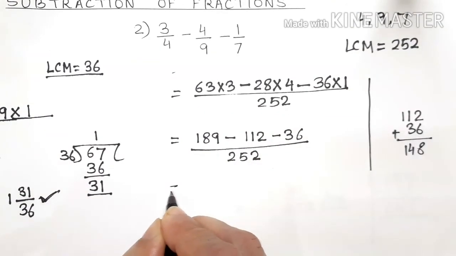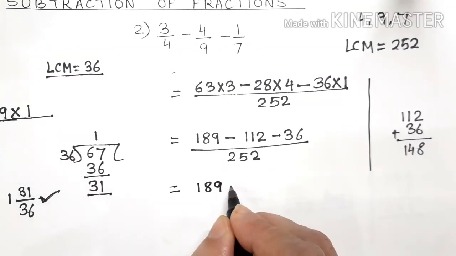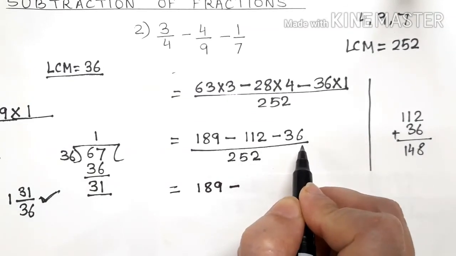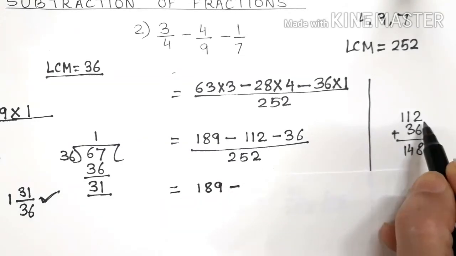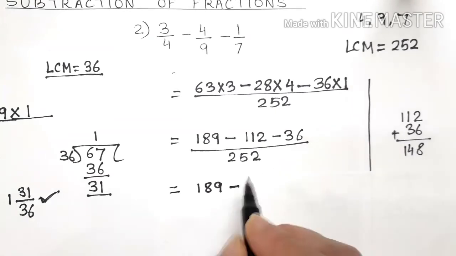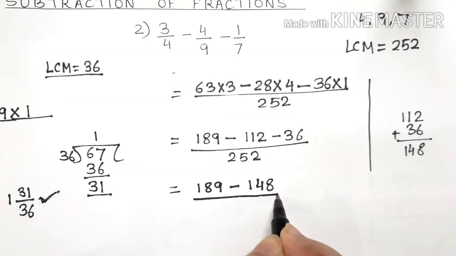So when we add, we get 189 minus. Now these two will be treated as friends as I told you earlier. So we add these. 112 plus 36, you get 148. So this is 148 upon